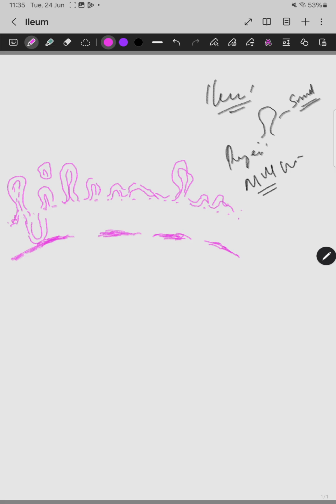Then you can draw the typical columnar cells with some space intervening, some vacant area you put for the goblet cells. And the crypt here. And all the things are just that of the previous diagram. You can draw this, and some cross sections of the crypt you can draw in the vacant spaces. So this is the shape of the villi.